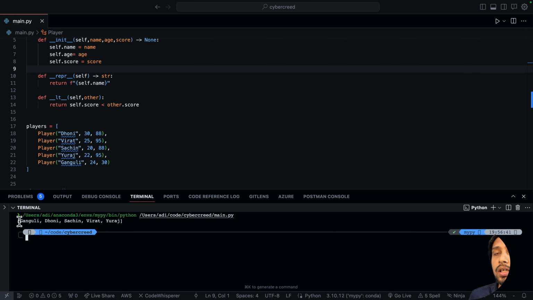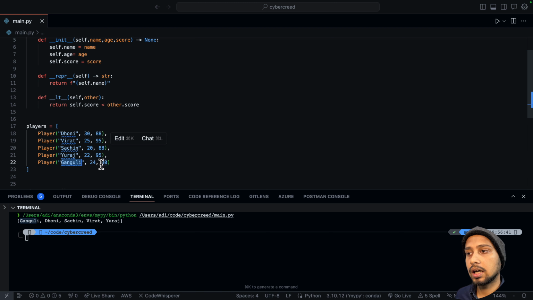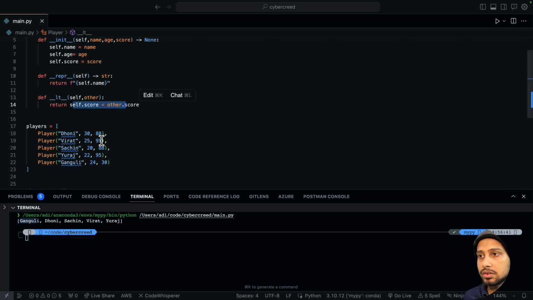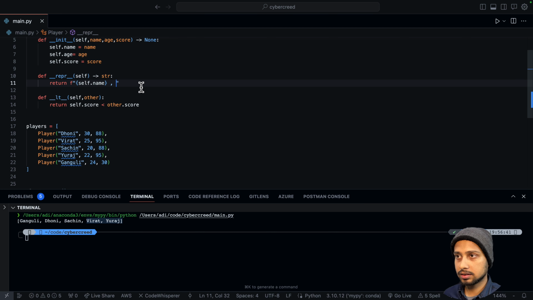Here, if you just write self.name, then it is just going to give you the list of names like Ganguly, Dhoni. Here you see Ganguly has the lowest score. Ganguly is just having 30, and the other players, Yuvraj is with 95, and also Virat is with 95. So it is sorting. But if you want to define everything and you want everything to be printed, you can simply do that like that, self.name, and again